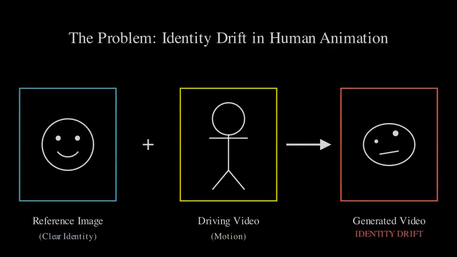Creating realistic human image animation is a challenging task. Existing methods, particularly those using the reference to video, or R2V, paradigm, often struggle with a critical problem: identity drift. R2V models use a reference image and a driving video to animate the subject. However, subtle spatiotemporal misalignments between the reference and the driving video accumulate over time. This leads to the generated video deviating from the original subject's appearance, resulting in visual artifacts and a loss of